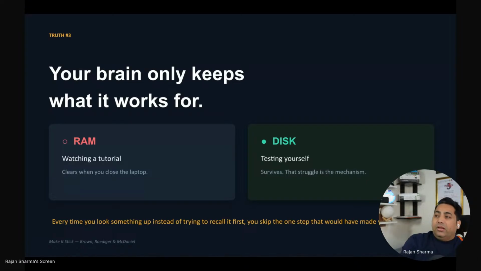So you have to make sure that after you're done with your work, which is RAM, you are able to store it in your disk, kind of like writing for yourself. Once you've done your work, your RAM is going to be cleared. But if you have stored that work in your laptop, it's going to be safe for the long term.